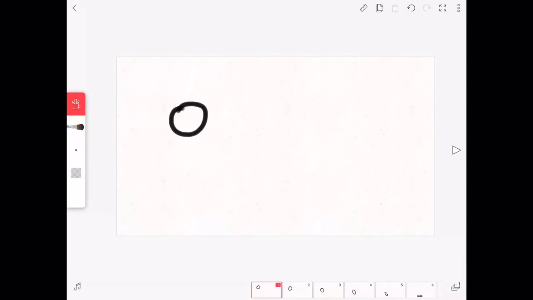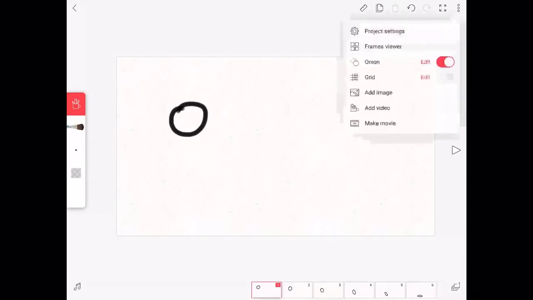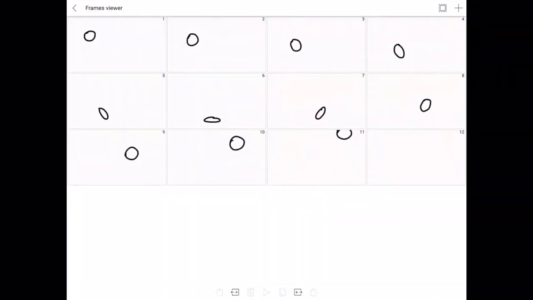So you just hit the stop button, click on this icon here, go to the frames viewer, right? So this is the easiest way for me to explain this to you. I want to show you guys how to make this quickly and easily. I hope I'm not confusing and this is not too much. But in the frames viewer, you can just hit a frame, click on this icon here, it copies it, then